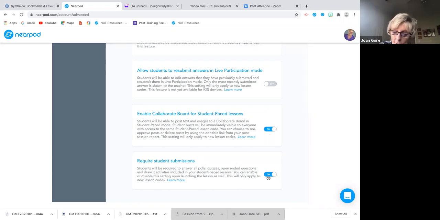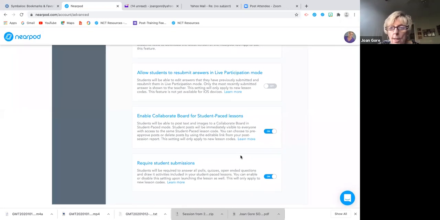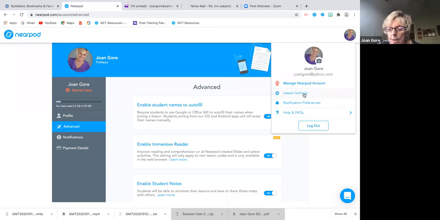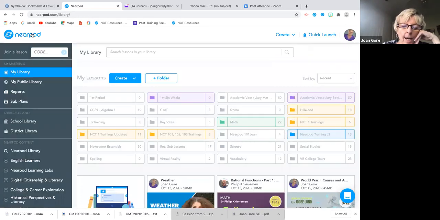Here's the one I would turn on too. Require student submissions. When they're doing student pace lessons, I want them to answer the poll. I want them to take the quizzes and such. As I said, you can change these at any point. You just go over here to your picture or your profile, slide down to lesson settings, and this is what pops up. Now, all I have to do is click on this Nearpod icon, and that takes me back to